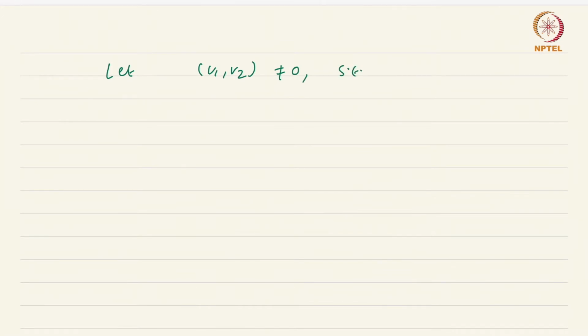Let's first prove that all directional derivatives exist at the origin. Let (v1, v2) be a nonzero vector such that v1 is equal to 0. Now you can immediately see that in this scenario, the directional derivative D_v f of 0 is nothing but 0. Now if v1 is not 0,